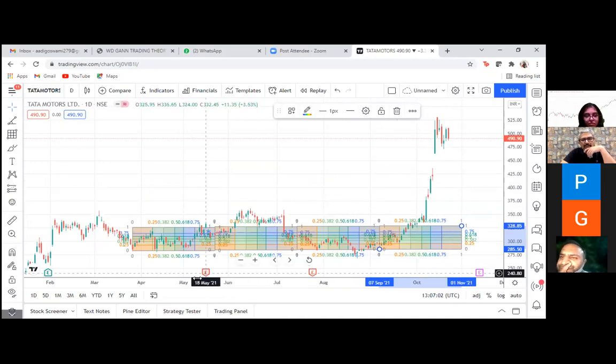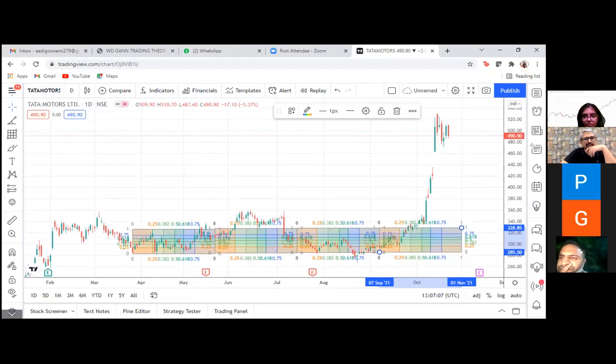So on the third box, 0.25 is not representing the high as it is represented in the first two boxes. Does that mean it can skip also? Yes, it can skip a lot of the times. So as per Gann, if there was a high here in the first box on 0.25 vertically, over in the next boxes also, it should be high at 0.25 only. But sometimes it can skip, definitely.